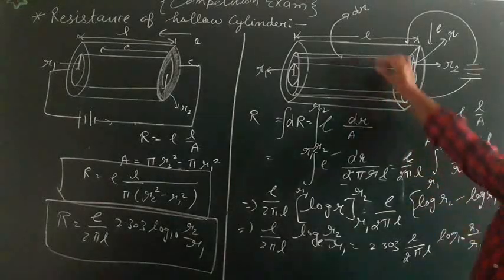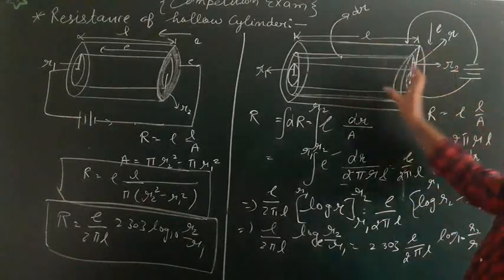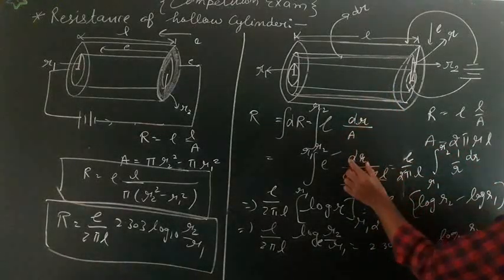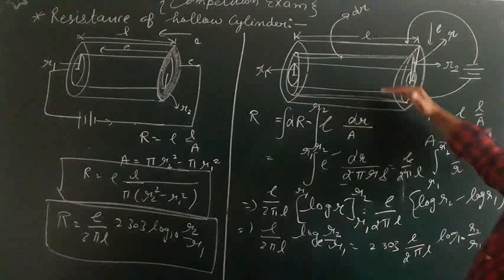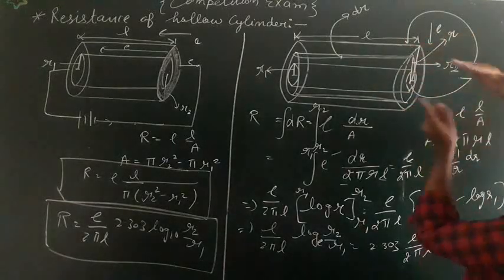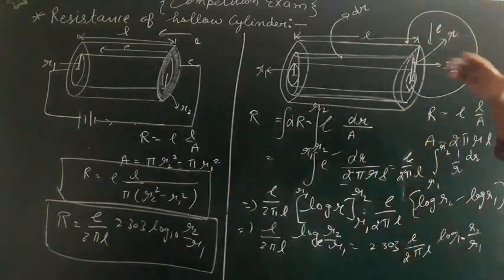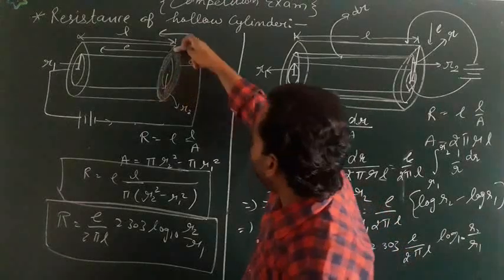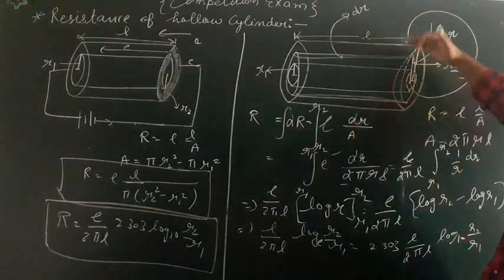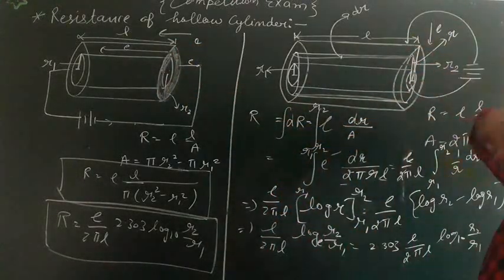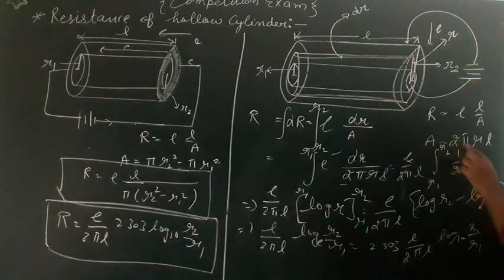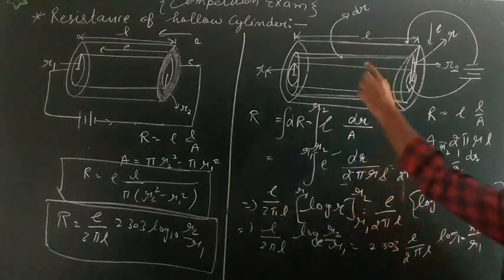So this is dr and its length is L. Again, when we put the value, what is dr? We will put dr, and what is its area? The electrons are moving through that area, like first cylinder, second cylinder, third cylinder of small increasing radius from R1 to R2. So what is the area? The electrons are moving through the covered surface area. The covered surface area is of the first cylinder, then second, then third, then fourth and so on. The covered surface area of a cylinder is 2 pi RL, where R is the radius and L is the length.